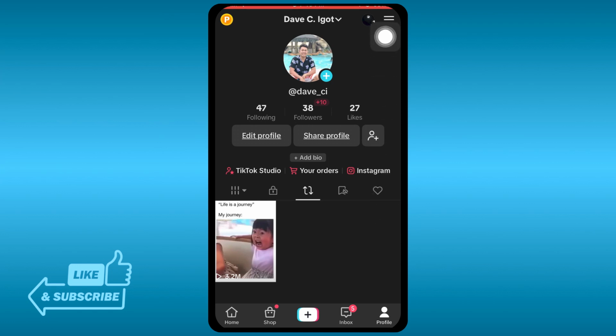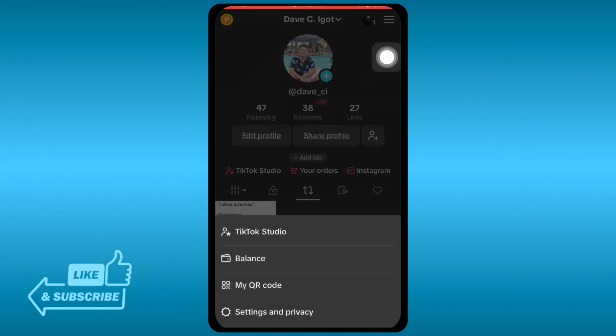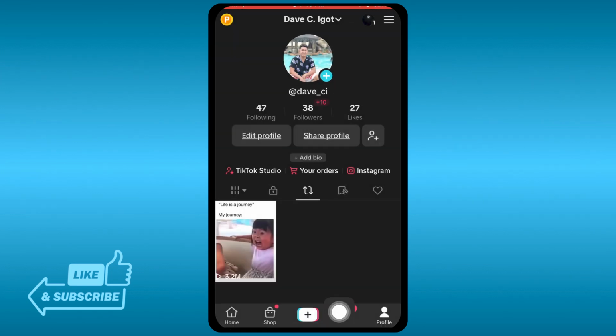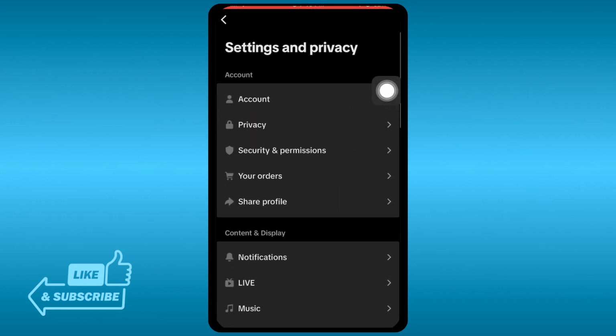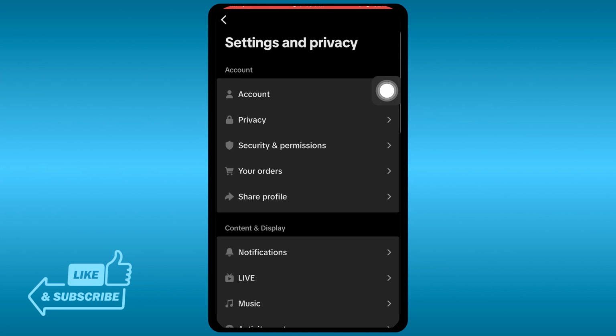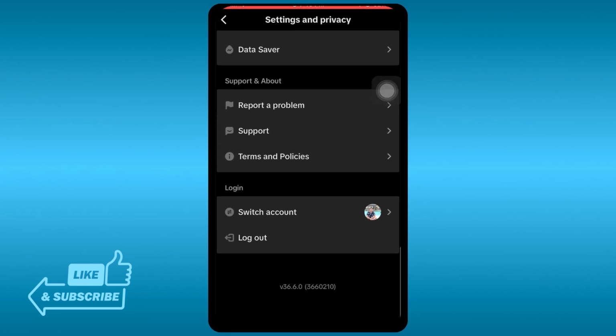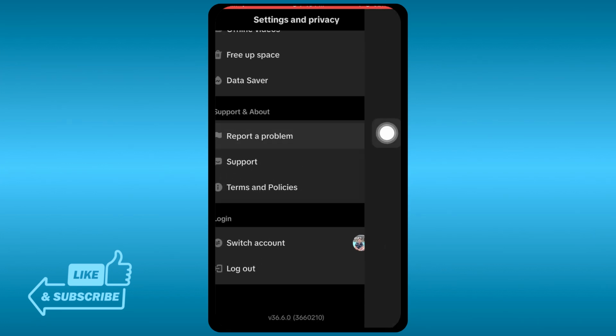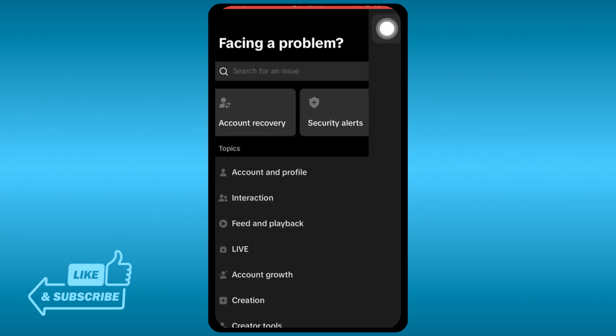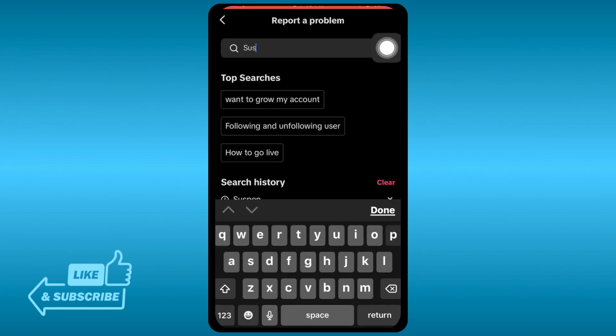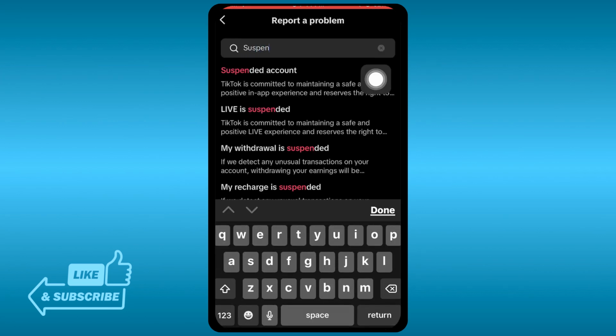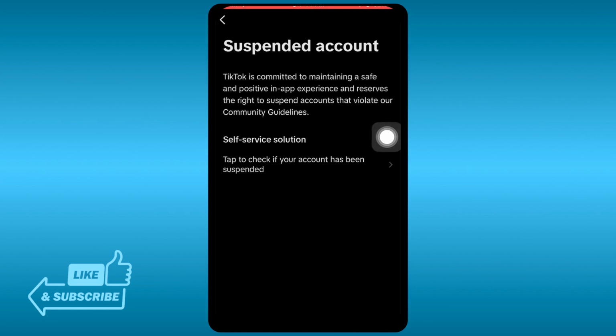Now, if you are not sure, if it's not showing but you're having a problem and you want to make sure that your account is not suspended, go ahead and just click this three lines here and then click settings and privacy. Here at the top, go ahead and try to search for it. Let's go ahead and look for an option here. Click the report a problem button, and then we're going to go ahead and type here suspension. All right, there you go, suspended accounts. There it is. And then once you're seeing it, you can go ahead and tap this option right here